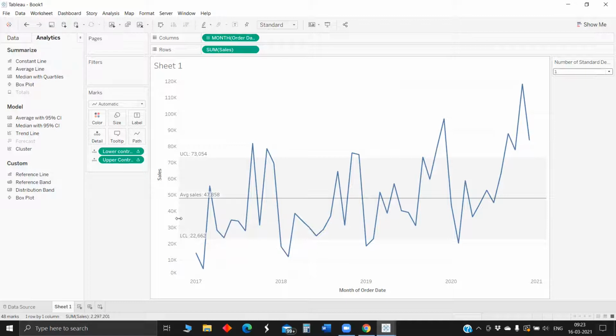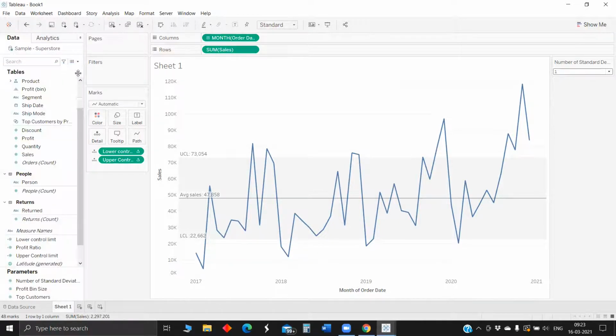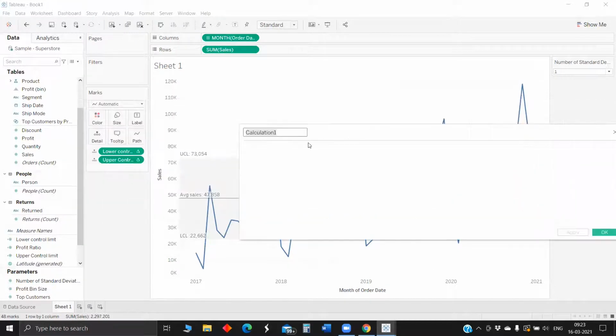To do that, we'll write again a calculated field to filter those data points.